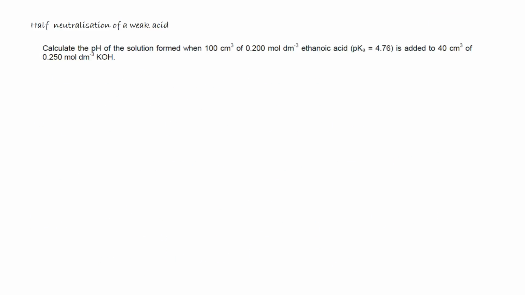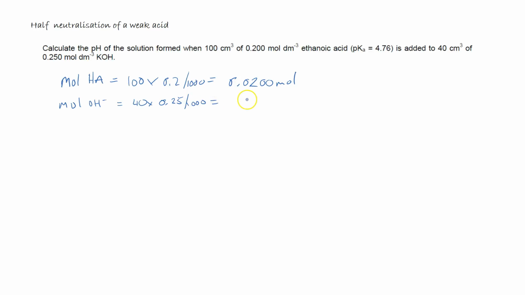In this final example then, we're just going to look at half neutralization of a weak acid. So here it says calculate the pH of a solution formed when 100 cm cubed of 0.2 mol dm-3 ethanoic acid with a pKa of 4.76 is added to 40 cm cubed of 0.25 mol dm-3 sodium hydroxide. So again, we're just going to go through our moles of HA is equal to 100 multiplied by 0.2 divided by 1000, which gives us a moles of 0.02 of the HA. The moles of OH minus then added is equal to 40, the volume, times the concentration of 0.25 divided by 1000, which gives us